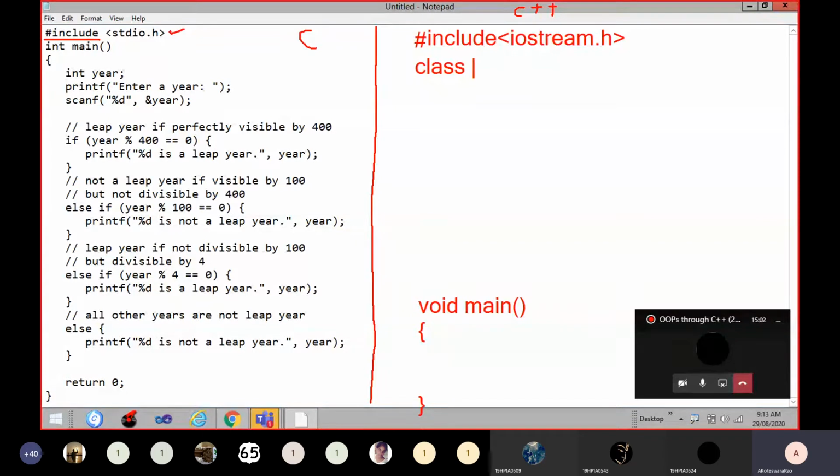This is as per the standard. Yes, you can start a class name with a lowercase letter also, but it is not meaningful. As per the programming standards, all class names should start with an uppercase letter. So this is the standard rule.